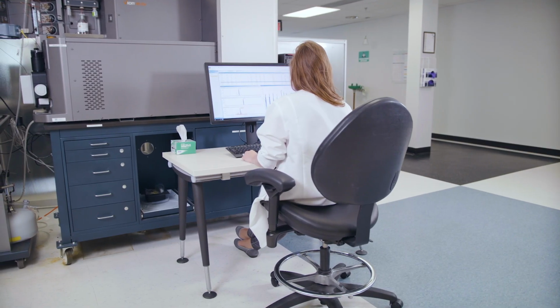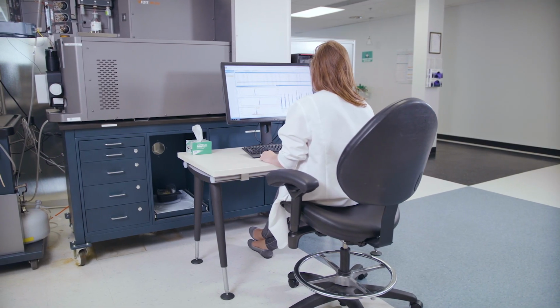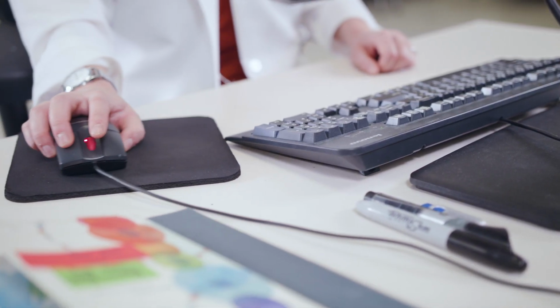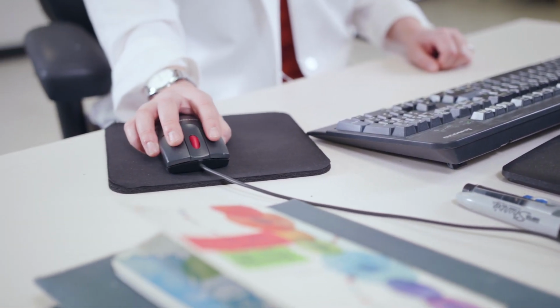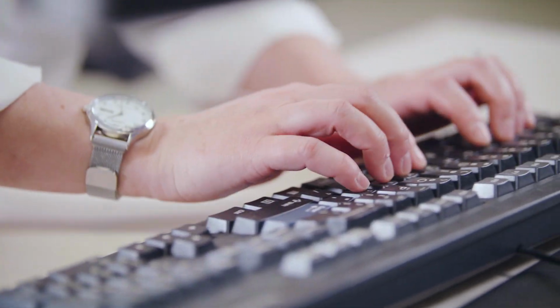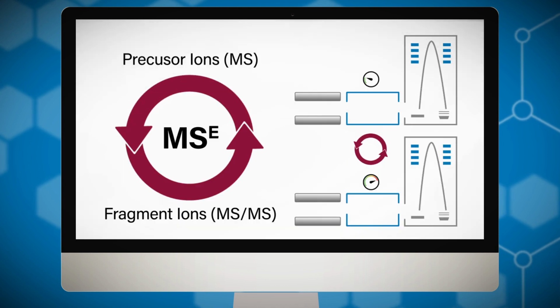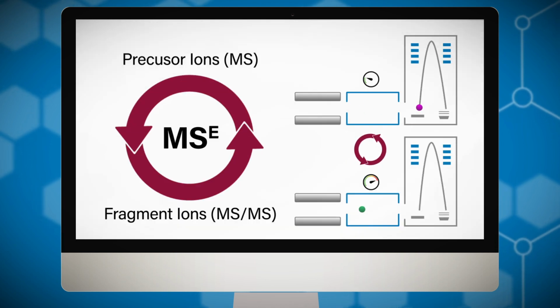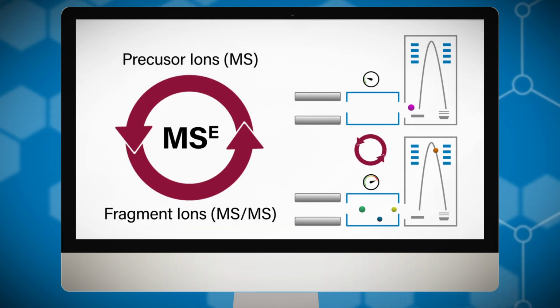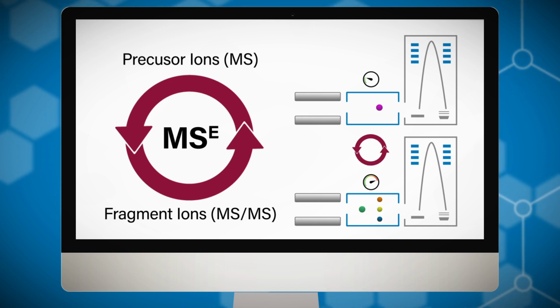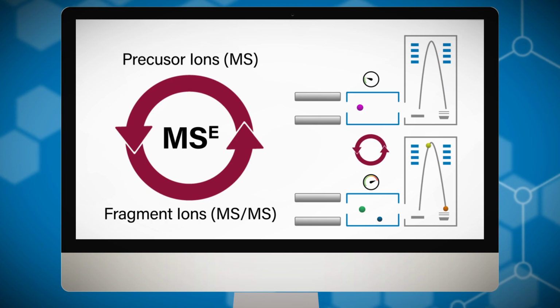DIA methods collect all mass spectra within a wide mass range. This reduces the potential for missed metabolites, and the data can be reinterrogated in the future. But this can also be time-consuming because of the amount of data that is produced. MSE rapidly alternates between full-scan, low collision, and high collision energies, allowing both precursor, drug and metabolite, and product ion, high-resolution, accurate mass measurements to be obtained.